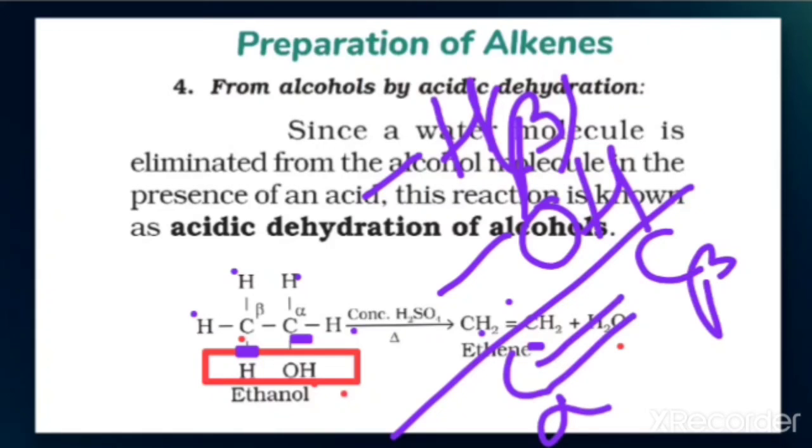So that is what you need to learn for this equation. First you identify the alpha carbon and beta carbon, and remove one of the beta hydrogens and the alcoholic group OH. That means water gets removed. Between these two carbons one bond is already there, and you have to keep one more bond. That way it gives rise to the product alkene. The mechanism of this reaction we will be discussing next year, because the same reaction appears in the next year.